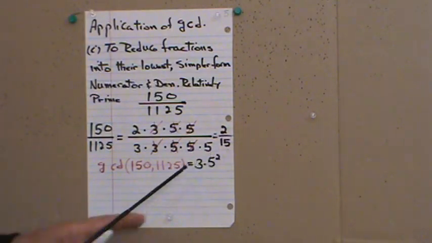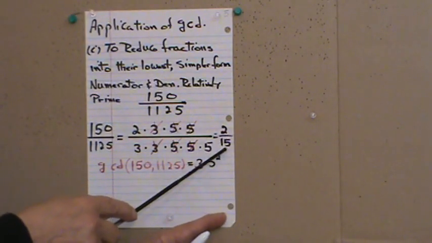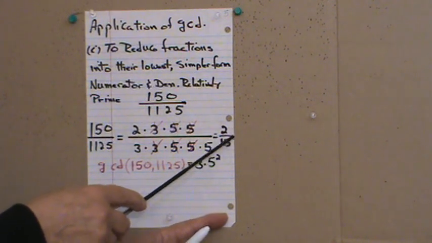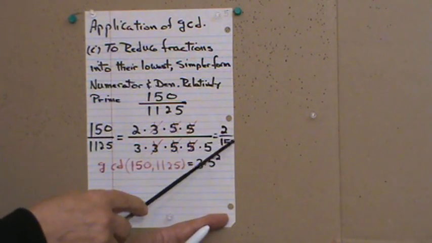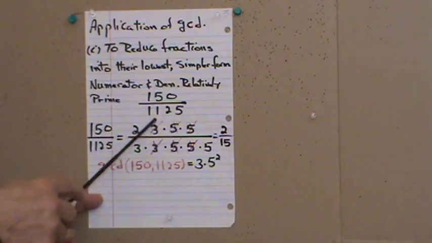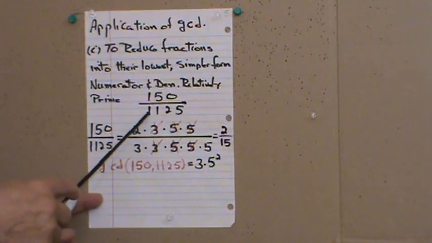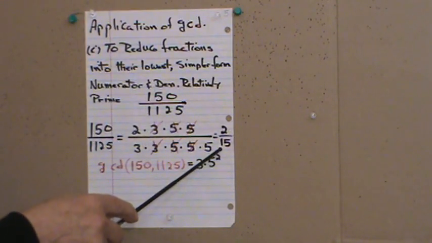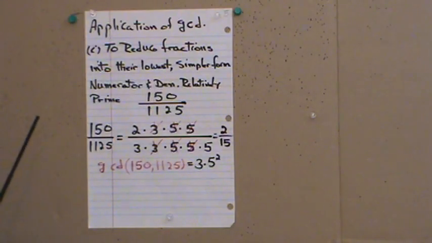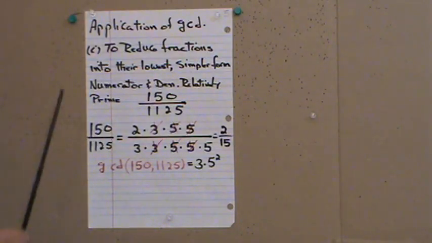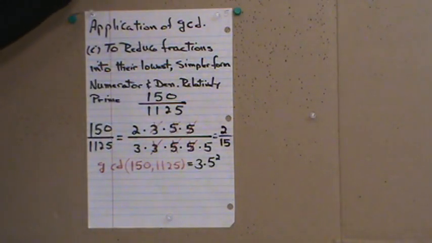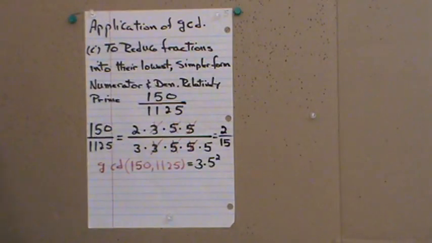And notice, 2 and 15 are relatively prime, which means they have no factors in common, and the fraction is reduced. You see this large-looking fraction reduced to 2 over 15, and that makes arithmetic with fractions much easier when we go to it later. Okay, now let me zoom this one back and